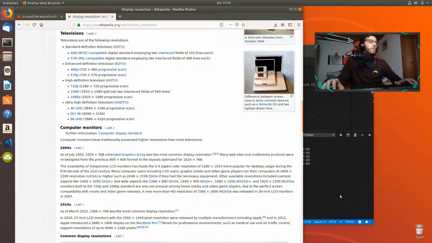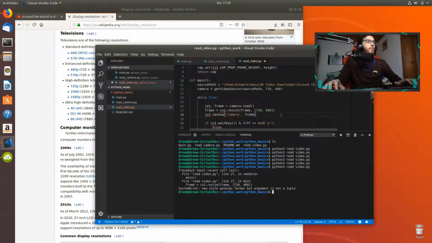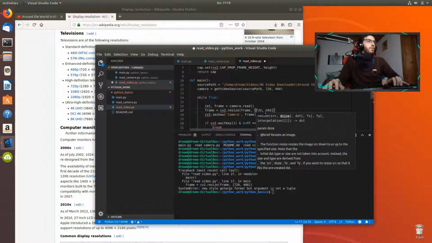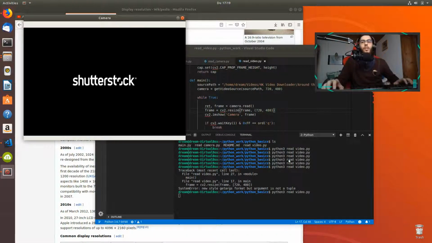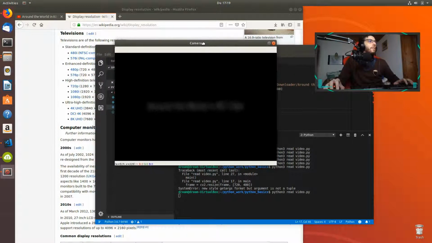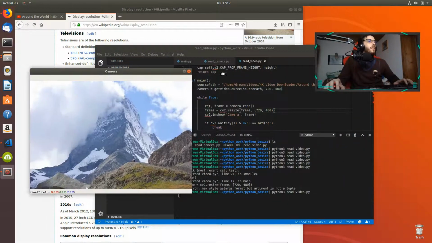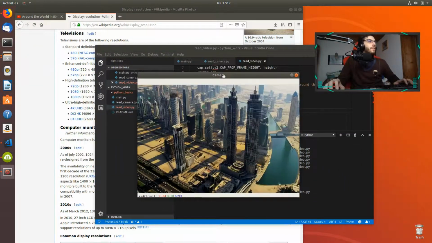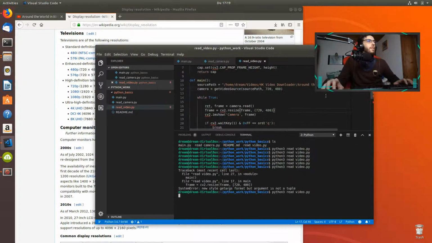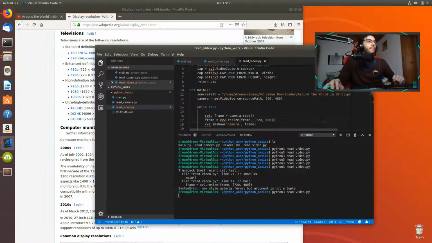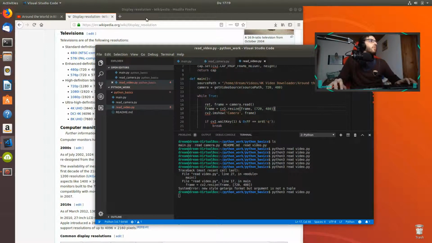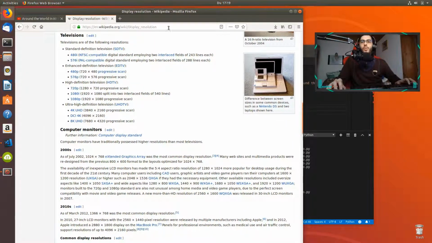Let's see this one, for instance, and let's see what's happening right now. Okay, I think we should do something like this here. I'm not really sure. Let's say this. It should work right now. And as you can see, we have the clip, but it's not resized, so we should resize it. I think the video capture can't get the frame already resized, so that's why we need to resize it. And another thing which I want to do is to also display the audio. So yeah,